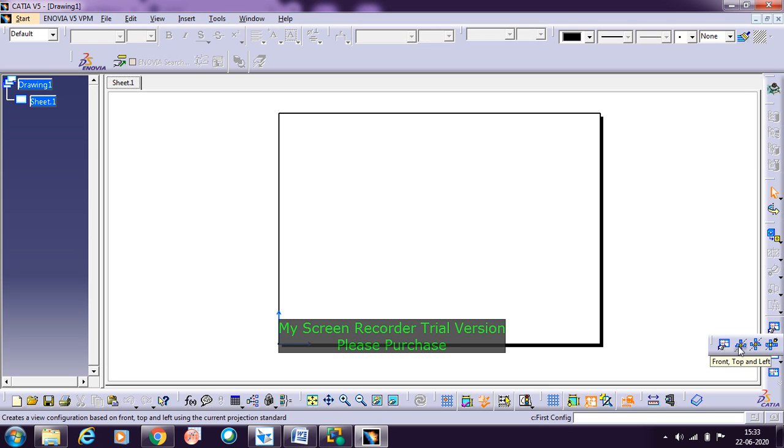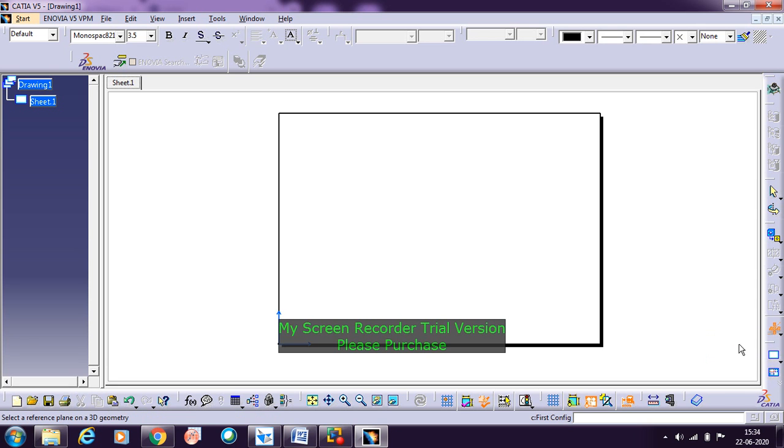In this case I wanted the top view, so with this I'll be getting the top view. When you go to the next option, you will be getting the front view, bottom view, and then the right view. We don't want that, so with respect to the top view we will be going. Similarly you can see all the 6 views, the front view, top view, bottom view, left view, right view. All these views are not required. I wanted only this view, in such a way that I'll be getting the front view, top view, and then the left view.